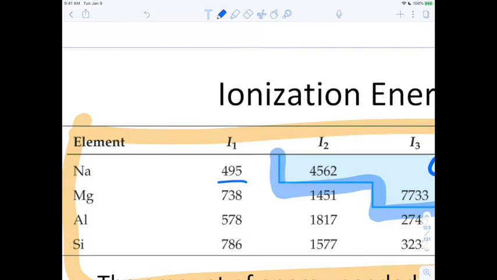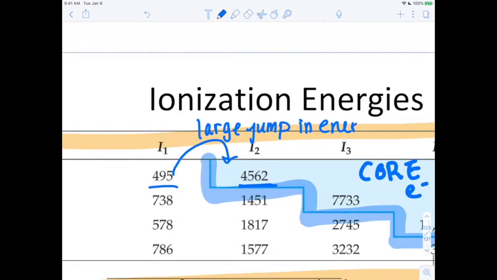That's a fair chunk of change, but it is nothing compared to 4,562 kilojoules. As soon as you reach into the core, we say there is a large jump. So there's a large jump in energy anytime you try to remove